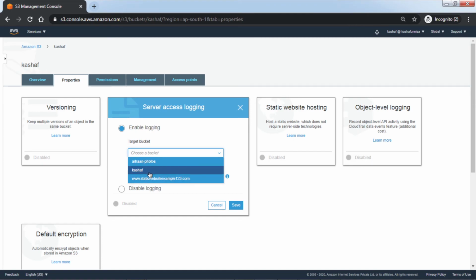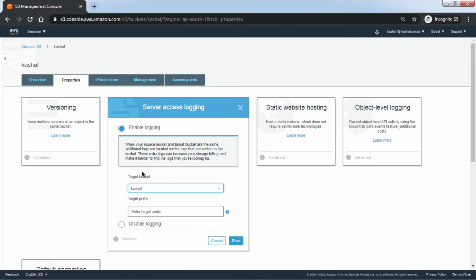These are the buckets available in this account in the same region. You can select any bucket. You can select the same bucket as well. I am on my bucket Kashyap, so I can select this same bucket as both source and target.